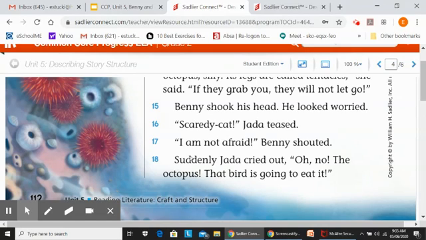And then suddenly the story changes. Here is where it reaches almost a climax because Jada realizes that there's a gull and the bird is going to eat it. Now, we will see how Benny reacts because this part really changes the whole story. And this is where Benny is starting to have to solve his problem. He has to almost solve his problem. Let's move to today.